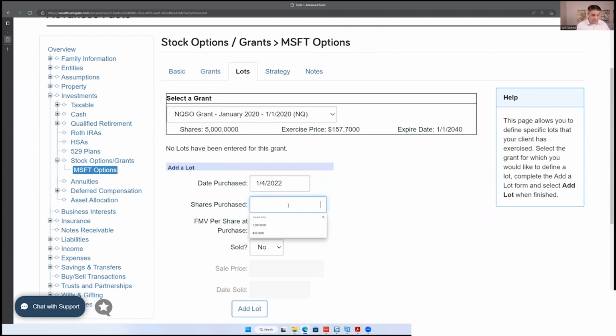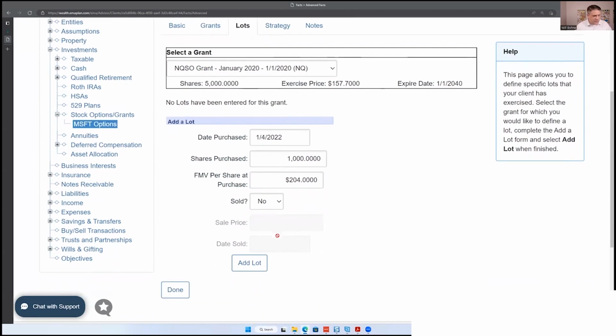To do this and to illustrate it, I got to put in 2 entries. It's not going to let me break those cells out separately inside of the same exercise. So in this case, they exercised 1,000 of those shares. Let's just say this was around $204 at the time of exercising, which was close to that. So sold, we'll say no, we're going to flip to yes. And the sale price, let's just say it was the exact same as the exercising price and it was on the same date as the